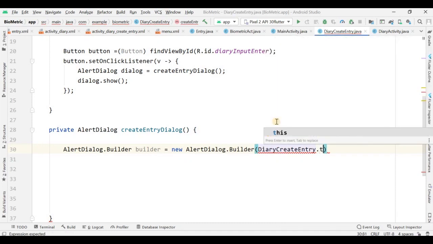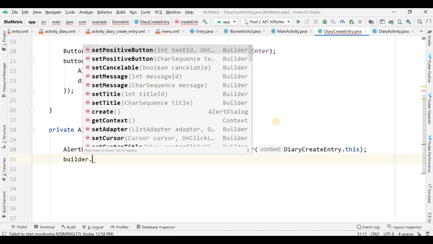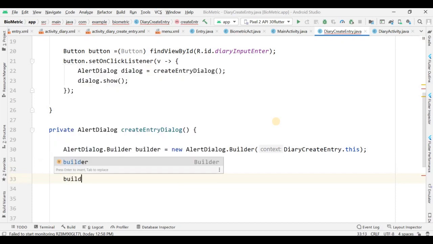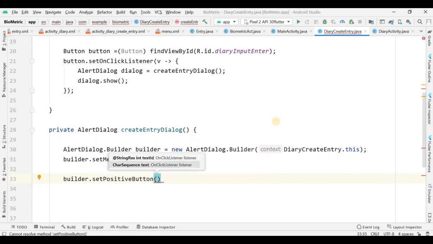Okay, so here builder dot set message save entry. So in the above part you are seeing that set on click listener, actually it should also have another function, and everything will work from the functions. Okay, so set positive button and then lambda here. Okay, and now